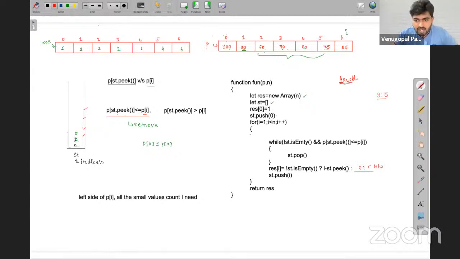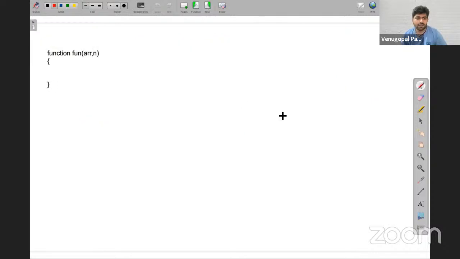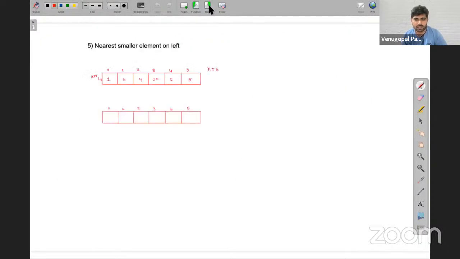Yeah, we'll continue. Started recording. Okay, so friends, now based on this model of questions, we will see some other questions which will follow exactly similar to this question. You don't know yet that they will follow like this, but now you will realize. First question is, so this is completed. Yeah. The first question is nearest smaller element to its left.